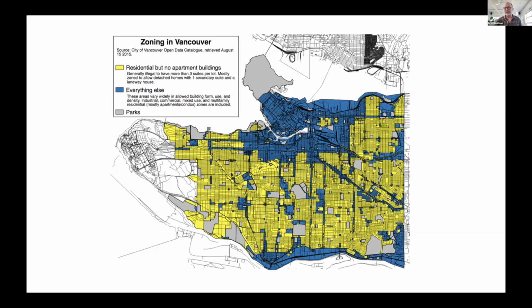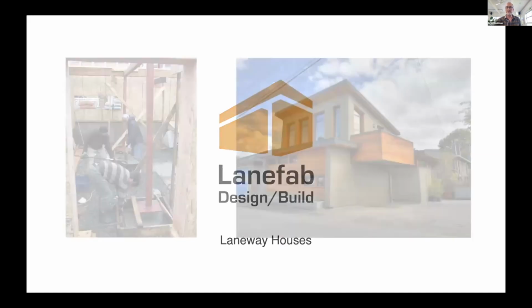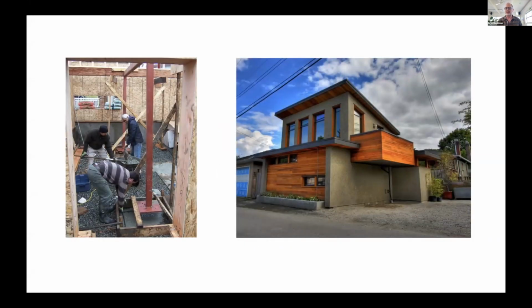But back in 2009, Vancouver was the first North American city to allow laneway houses or alley houses, ADUs, pretty much throughout the entire city. They had allowed basement suites before. So as of 2009, you could actually have 3 dwellings on every single family property throughout the city. So at that time, when we formed the company, we branded around this idea of laneway houses, and jumped in, and we were able to build the first laneway house in the city of Vancouver.